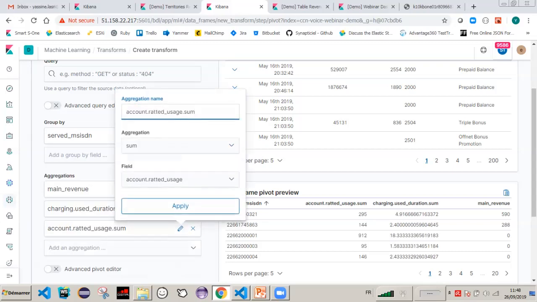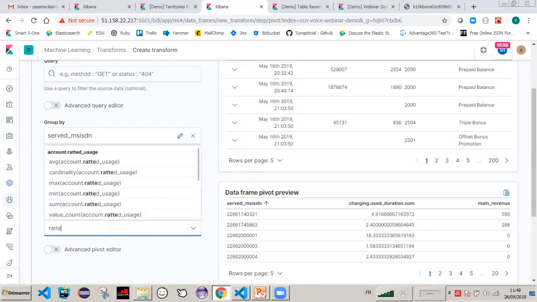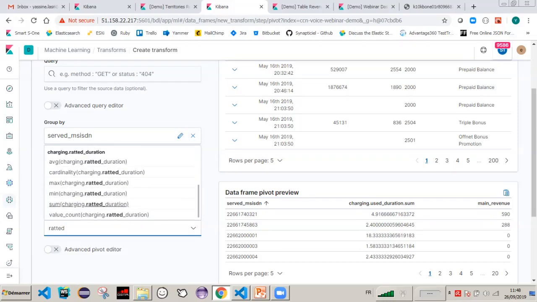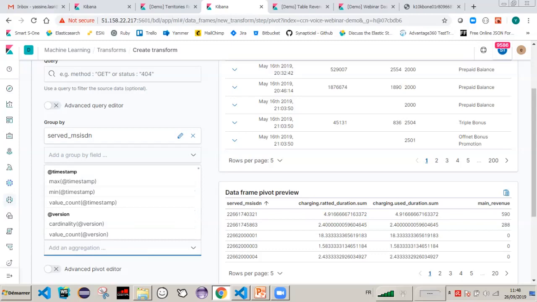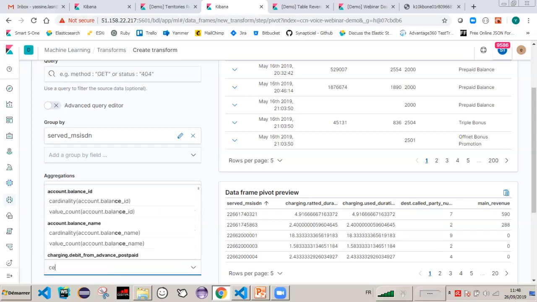No, not this one. Rated duration, I'm mainly interested in this one. Yeah, this one from the charging. And let's say I want to see how many called parties. For this, I will use the cardinality aggregation. And I want to see how many cells have been visited. So I always use the cardinality